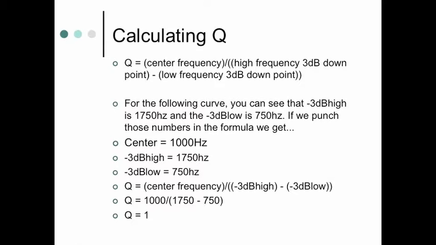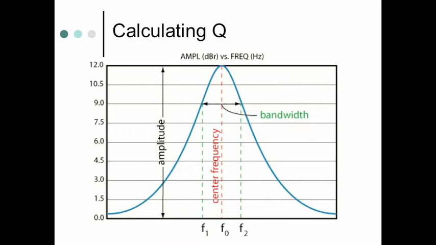A lower value of Q, below 1, means it looks more like that: wider than it is tall, in terms of your peaking. Taller than it is wide is a higher value of Q, higher than 1. So that gives you, oh, I've got a good illustration right here. Your bandwidth and your center frequency, and